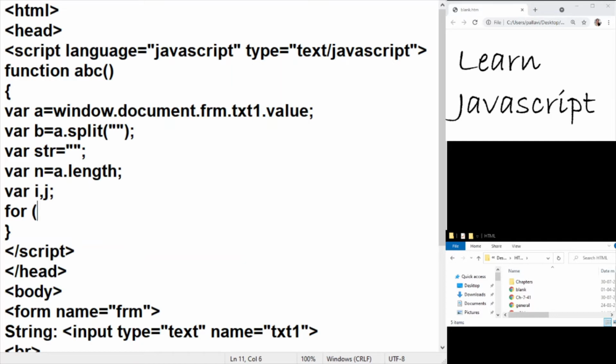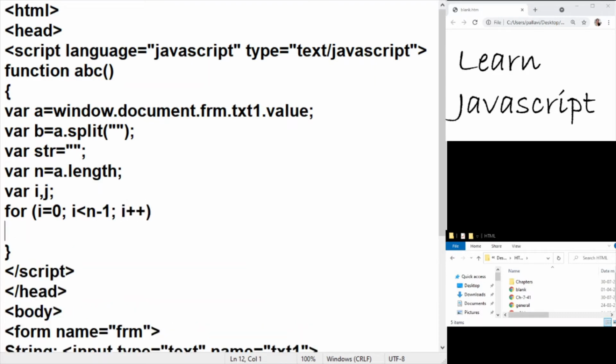So let us start with our first loop, the outer loop. Now I'm going to start the comparison from the next character. So here I'm going to make sure that I do not reach the last position, but I stick to one position before the last position. So I'm going to use i less than n minus 1.